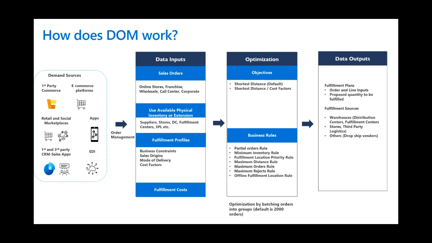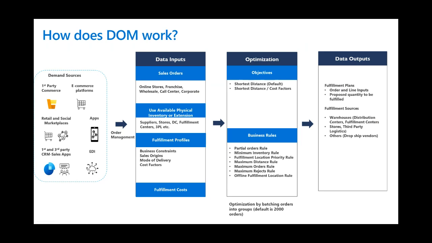There are some setups and some dependency on data, like use available inventory. So inventory is the key factor here, right? We can fulfill only the sales order for which we have available inventory. And the most important setup that we have to do, and I will cover this in the demo also, is